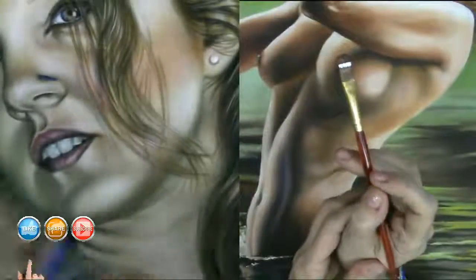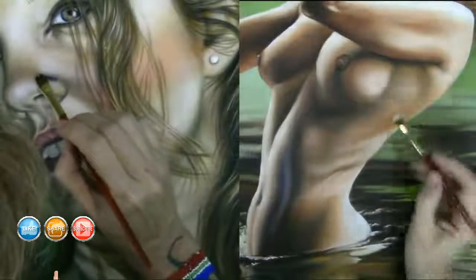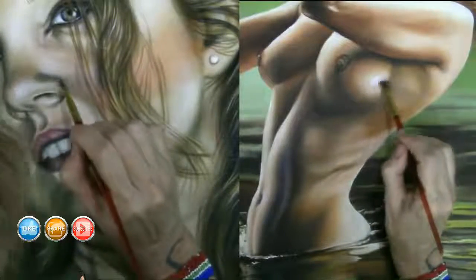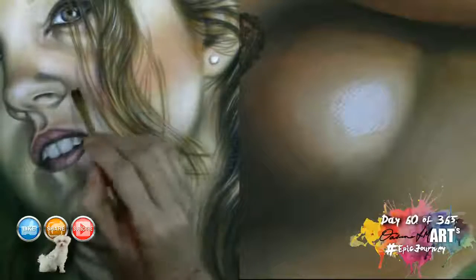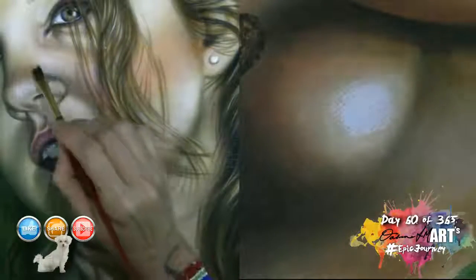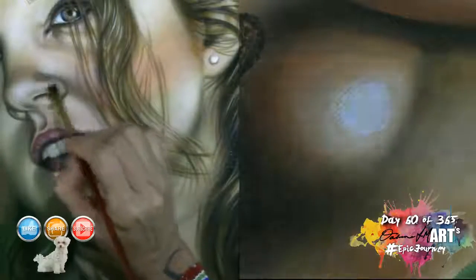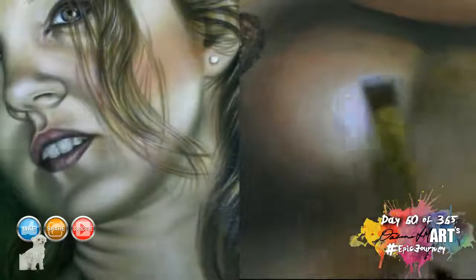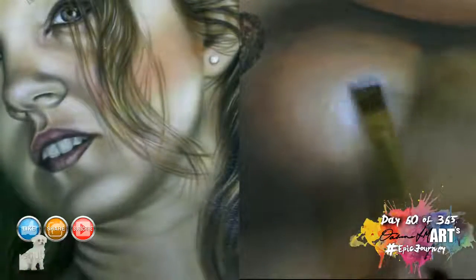Right, artists, simply I'm going to be describing the difference between glazing and scumbling. On your left you will see an example of glazing and on your right you will see an example of scumbling. Now the major difference between the two is that glazing is the application of very thin films of colour